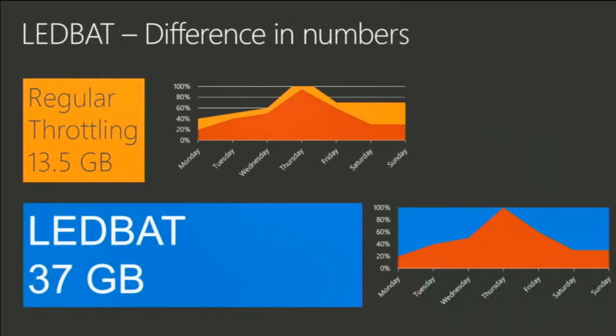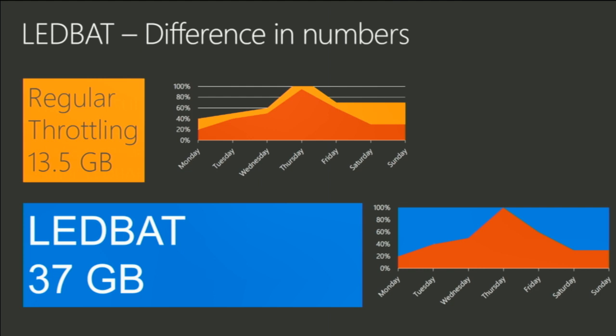And if you look at the two diagrams, for example, the top orange one is what we're trying to get across here. With the regular throttling, you were able to get 13.5 gig across a period of time using about 20% of the connection.